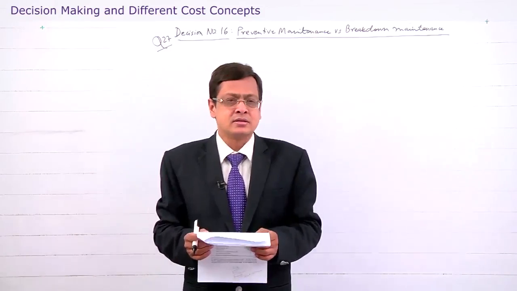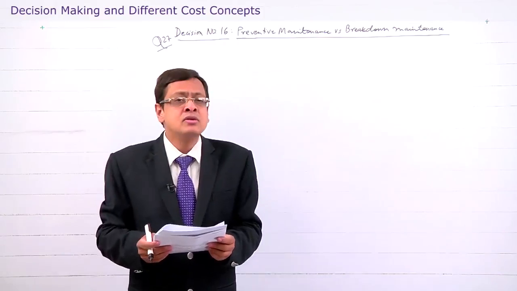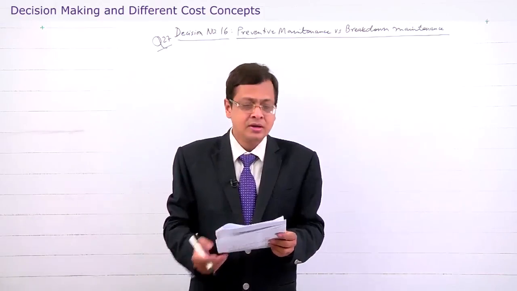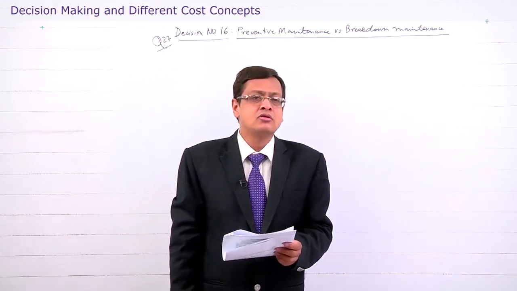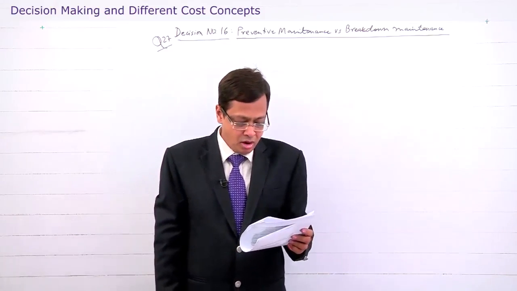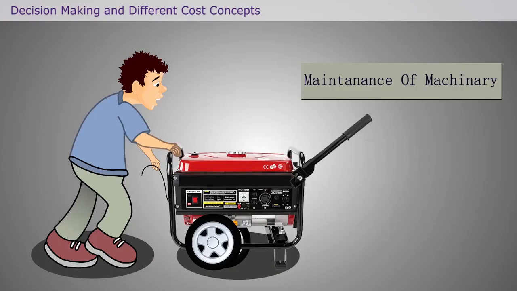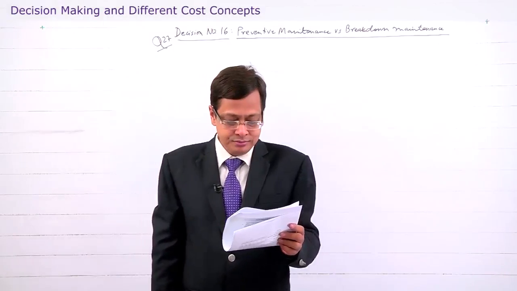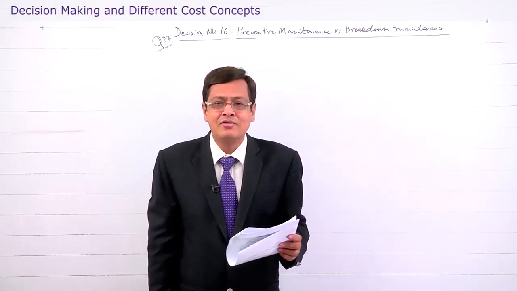So, let us understand the question. The question says there is a continuous manufacturing process involving an output of 6 tons per hour valued at rupees 70 per ton. The process wage cost is rupees 60 per hour, raw material is rupees 35 per ton, regular maintenance works out to be rupees 750 per week. The company is experiencing breakdown due to mechanical reasons, averaging 25 hours a week, costing rupees 7500 to repair.